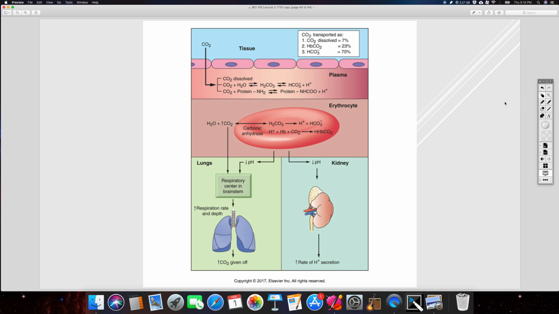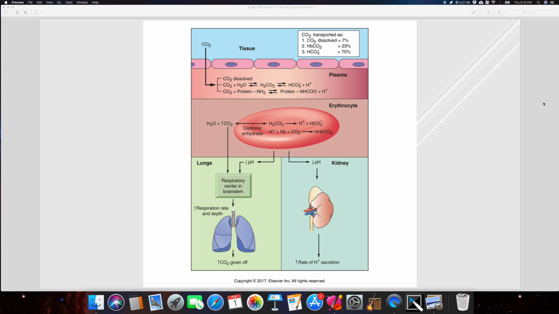So we're going to talk about this system in more detail when we talk about the respiratory system, but I just want to go through it really quickly right now. You don't need to worry about these details, but I just want to paint the picture. So in our tissues, our cells produce CO2. CO2 enters the blood. Some of it's dissolved in plasma, some of it is bound to hemoglobin, but